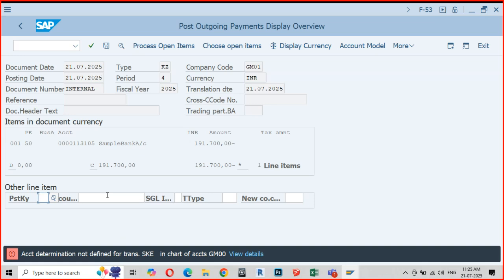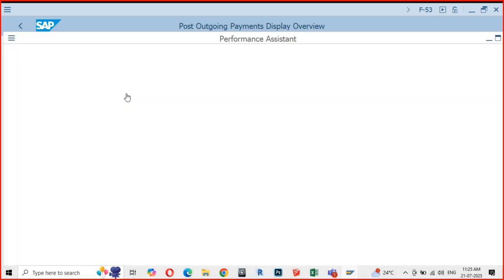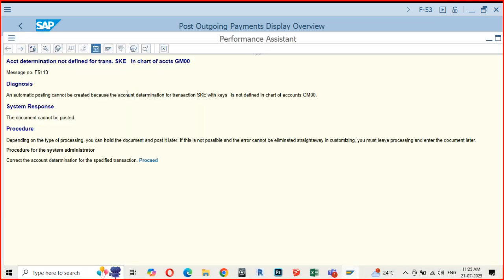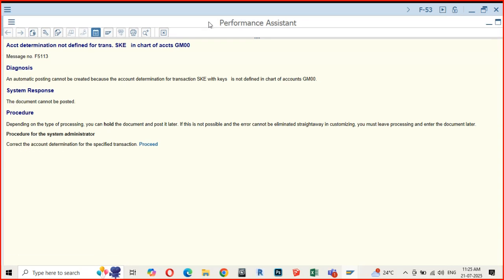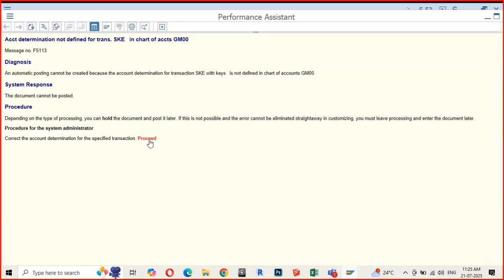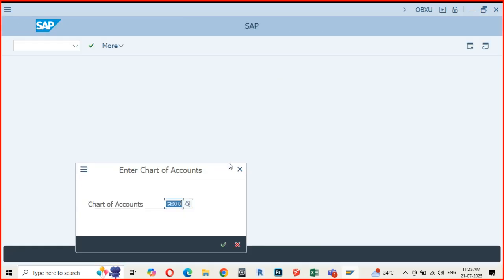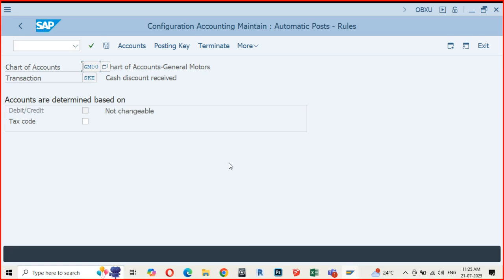Account determination not defined for chart of accounts DN00. What is this? Just hold on. You saw the error? Did you understand anything? So do not bother.